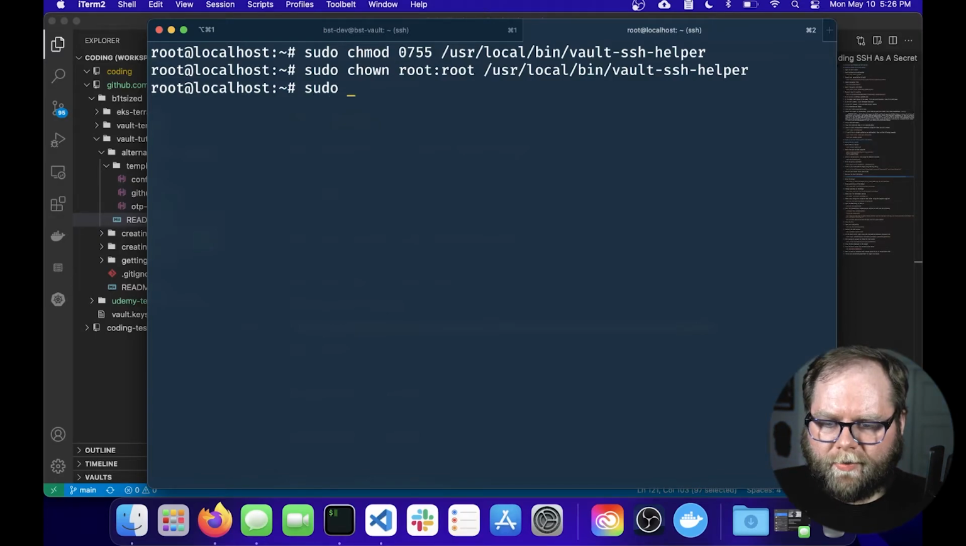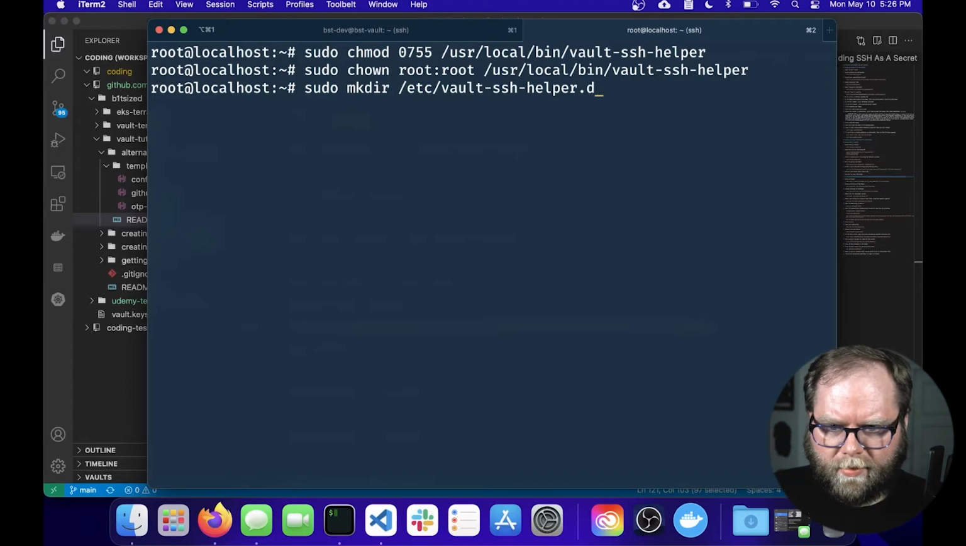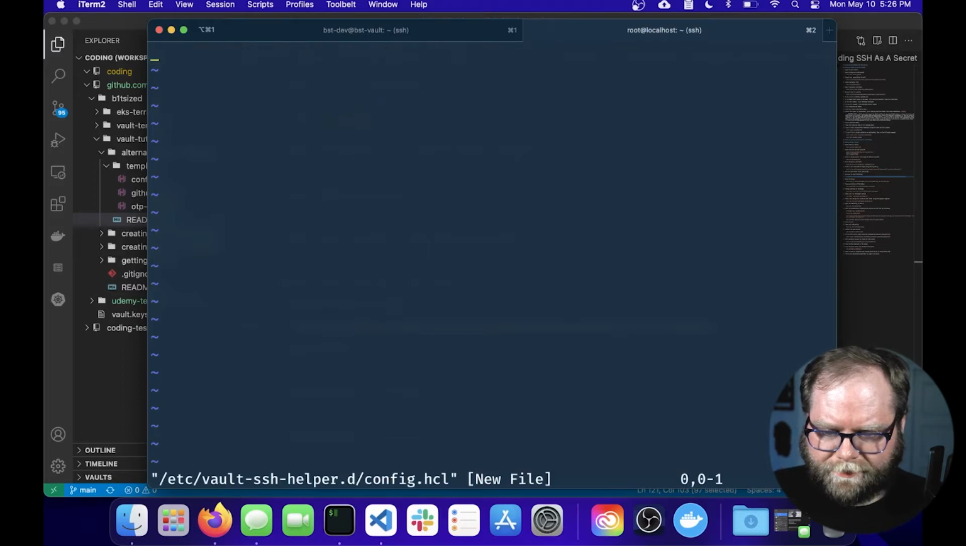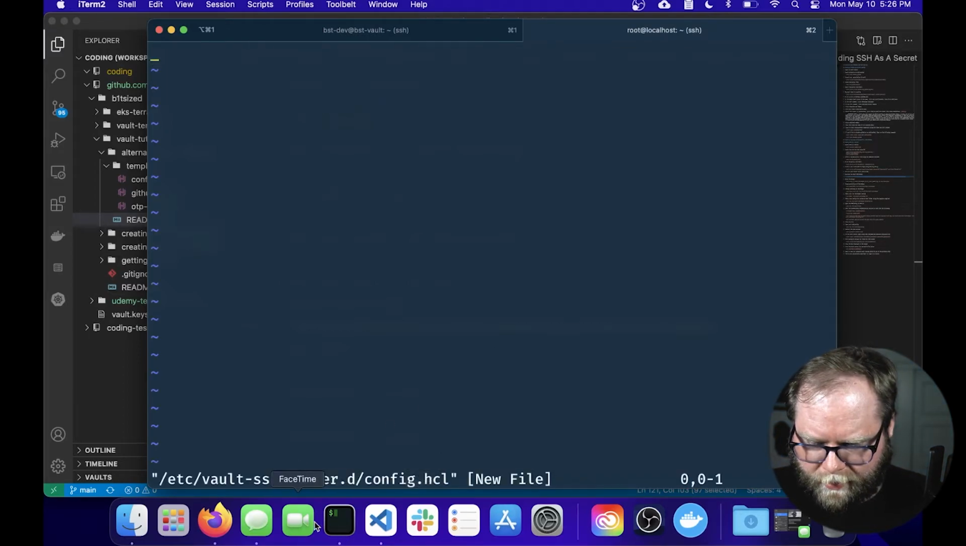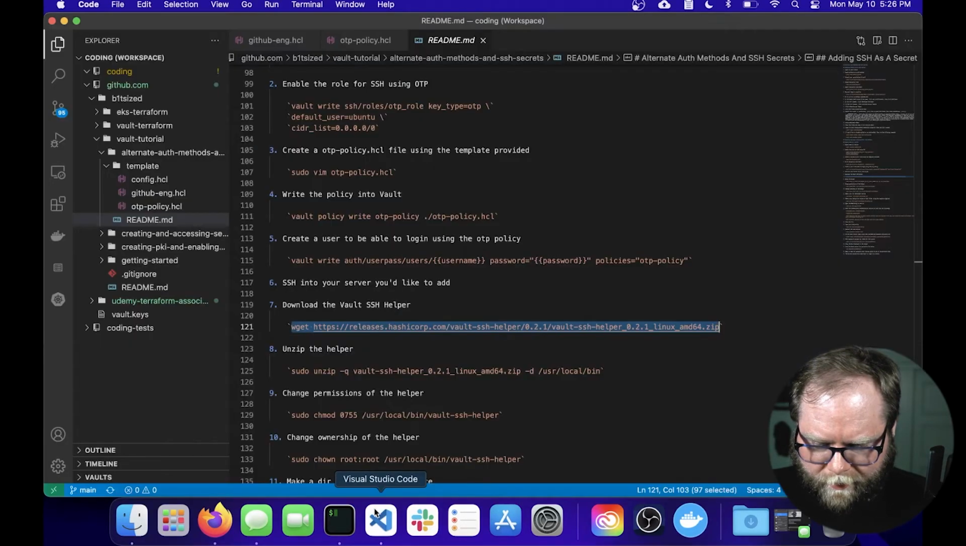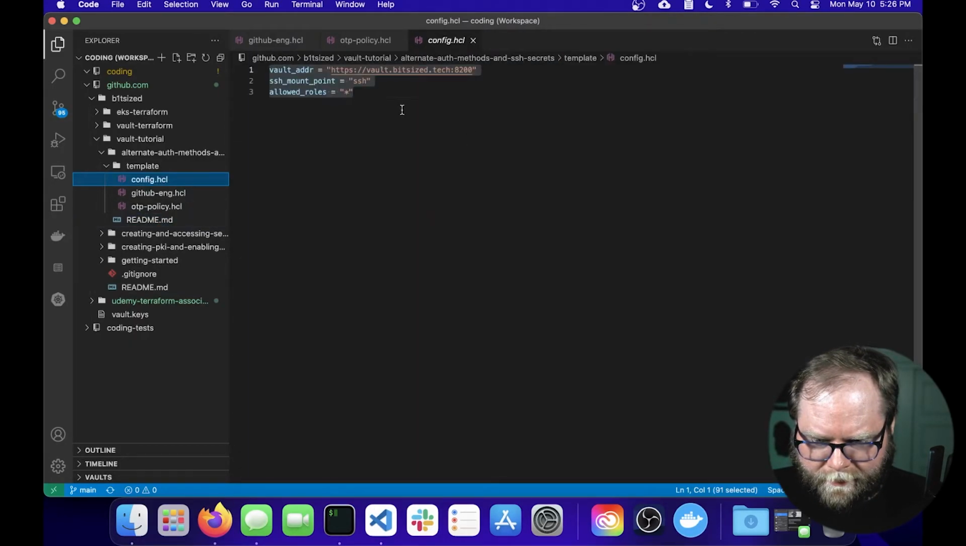And then we want to make a directory. We're going to do /etc/vault SSH helper.d, and then we're going to create a config file, /etc/vault/config.hcl, and then we will, wrong thing, copy all this over,